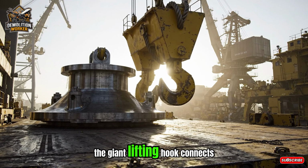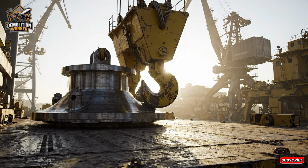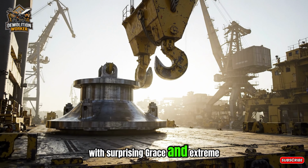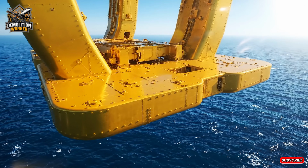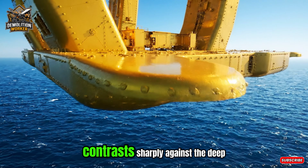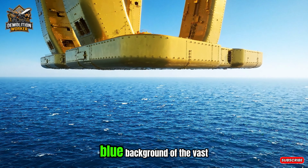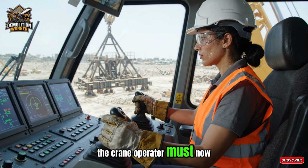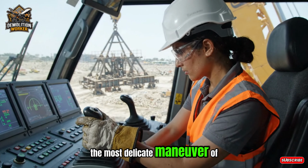The giant lifting hook connects to the new base, lifting it gently from the transport deck with surprising grace and extreme precision. Suspended in midair, the gleaming yellow steel of the new base contrasts sharply against the deep blue background of the vast ocean. The crane operator must now perform the most delicate maneuver of the day,